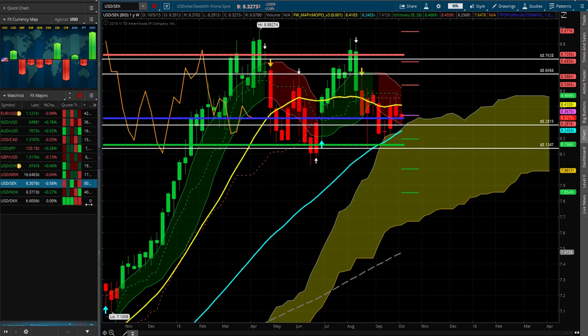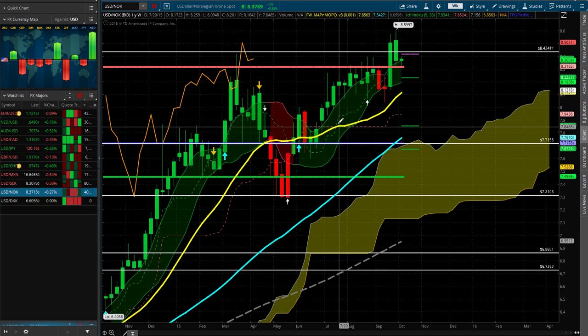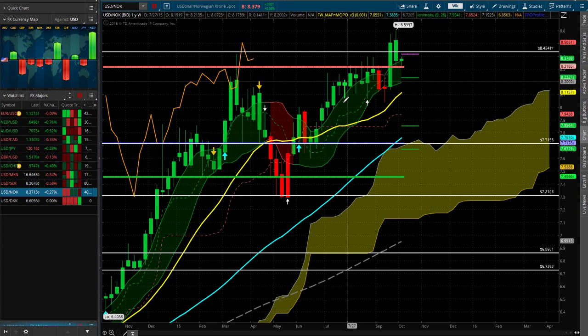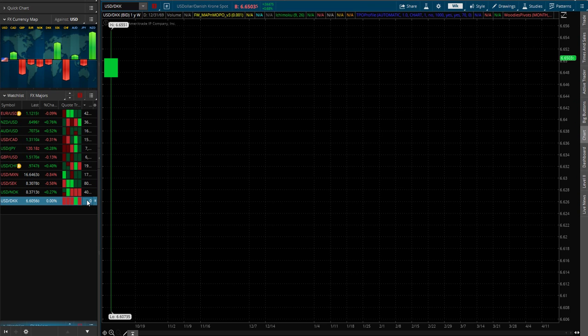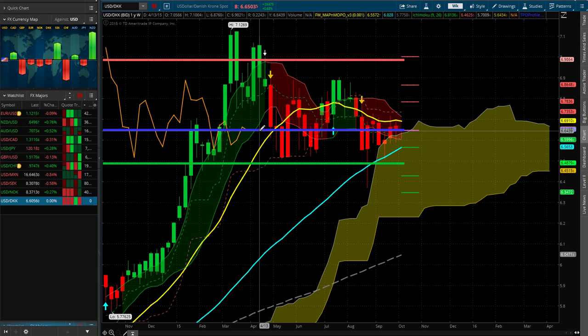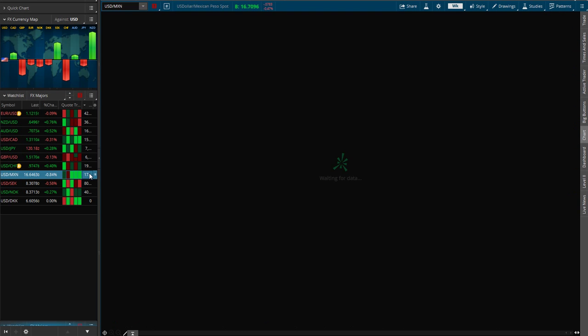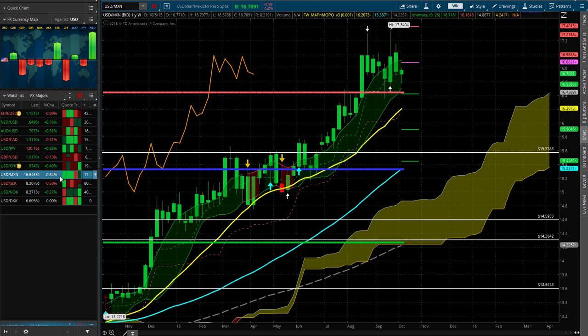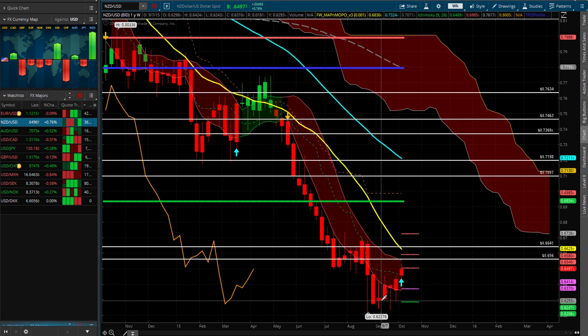The Swedish krona, the Norwegian krone, it looks like it's still pushing higher, or it's just there now. And I don't know what this one is. The Danish, kind of sideways. The Danish and the Swedish look about the same. The Mexican peso looks really strong, and the New Zealand dollar is probably one that, if you want to get in at a bottom, it all depends if this is the low.